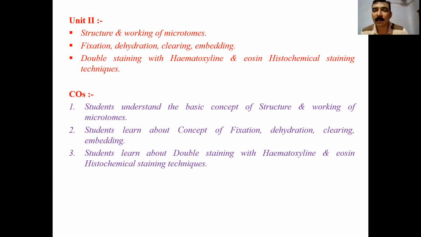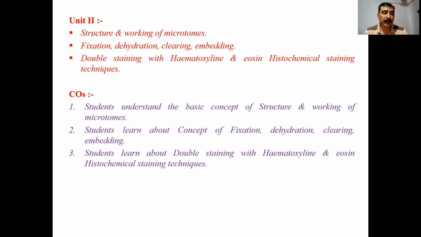Then the mordants. A number of salts, alums, act as a mordant, and they form a lake between the tissue and the stain. So the mordant attaches the stain to the tissue. Then orthochromatic stain and metachromatic stain. Orthochromatic stains are those which stain the tissue in their own color. Metachromatic stains are those which have one color but stain the tissue a different color. That is known as metachromatic.